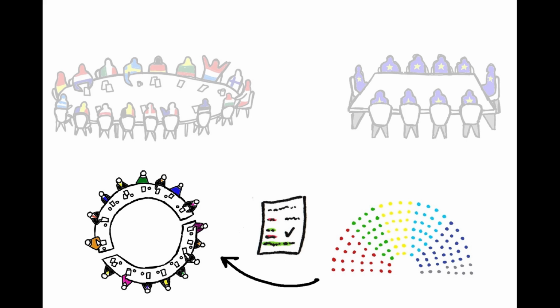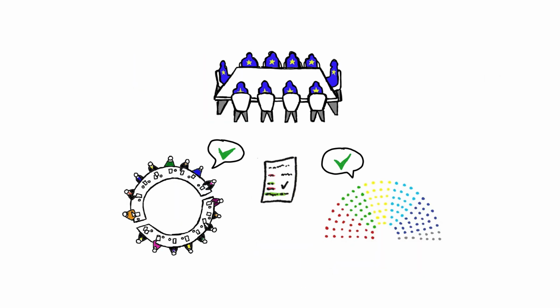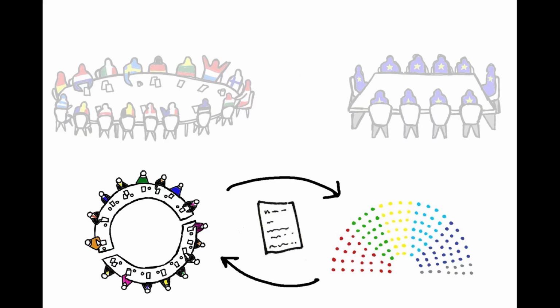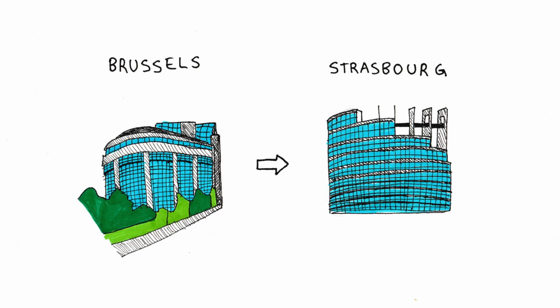The next steps depend on whether the Council of the European Union agrees with the Parliament. If they do, the proposal will be accepted, but if they still want to make further changes to the legislation, it is very possible that the proposal will come back to the Parliament for a second or even a third round. For historical reasons, the Parliament has 2 locations.